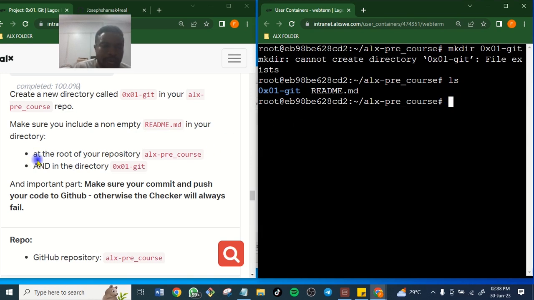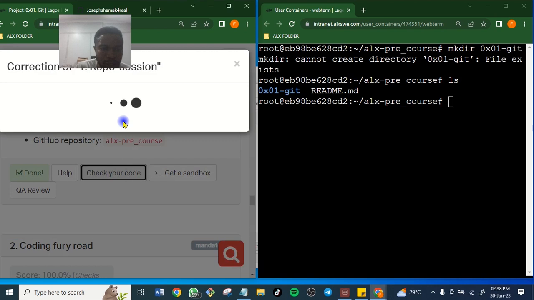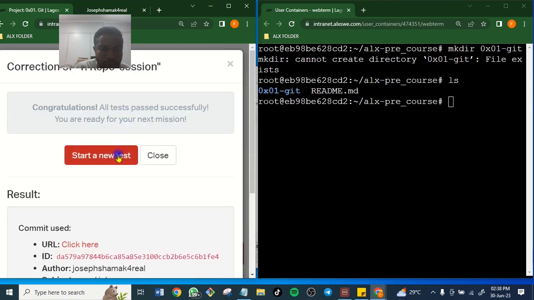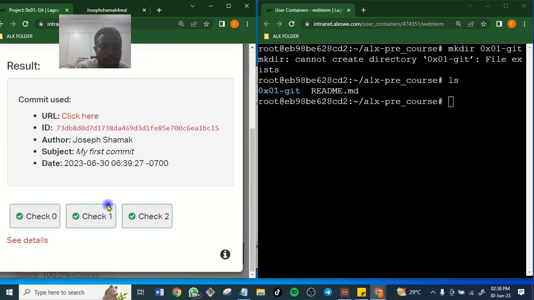At the root of your repository, ALX pre-course, and in your directory. So you've done that. They are just saying make sure that at the end of this you should be able to check and see that you have these two things in your directory. So let's check. So good, it has been checked.